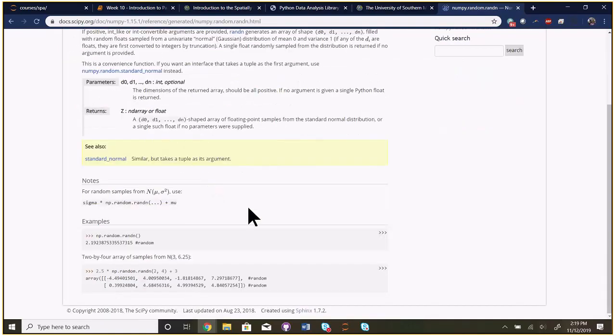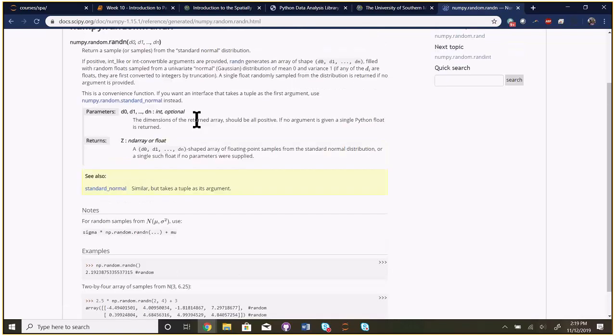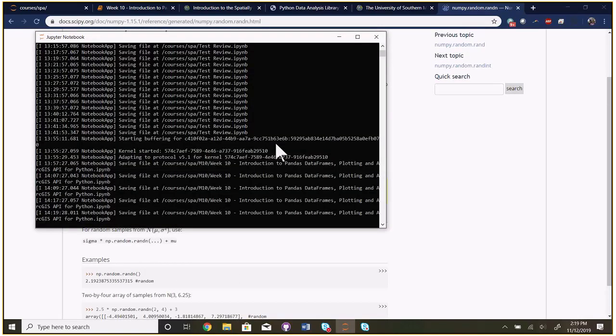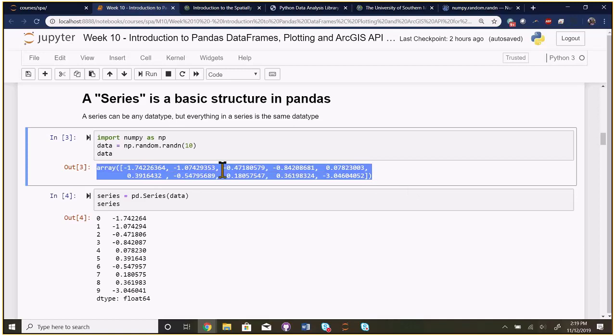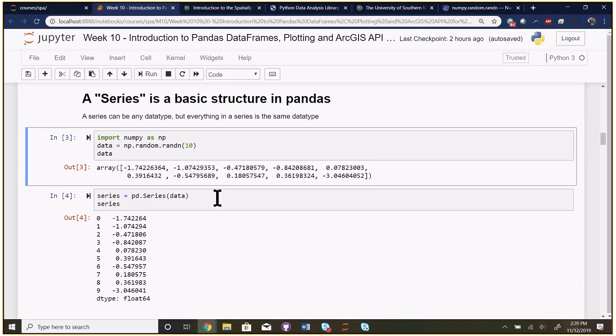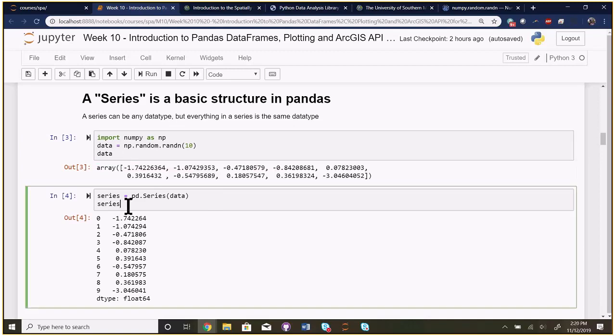And you could optionally feed it the mean and the standard deviation, but we're not concerned with that right now. Okay. So I just created, what this did is on display right here. It created a NumPy array with 10 units in it. 1, 2, 3, 4, 5, 6, 7, 8, 9, 10. 10 units. All right. Now, if I want to convert that into a spreadsheet-like thing, a series, one column in